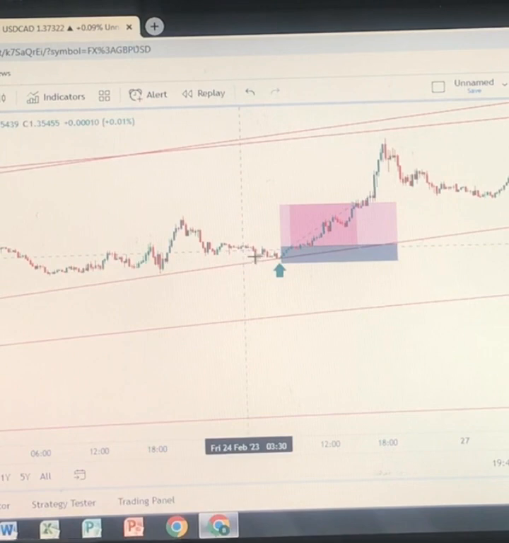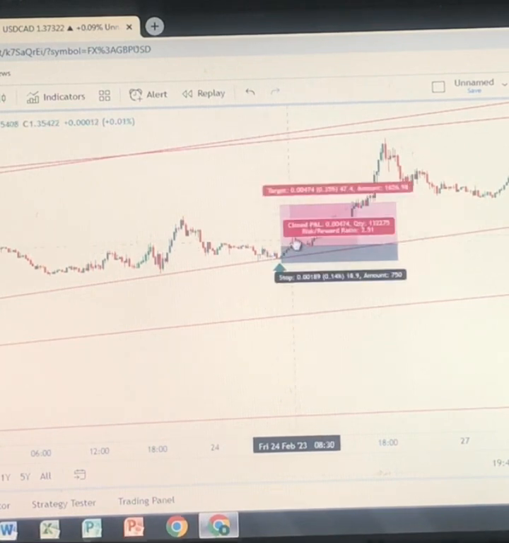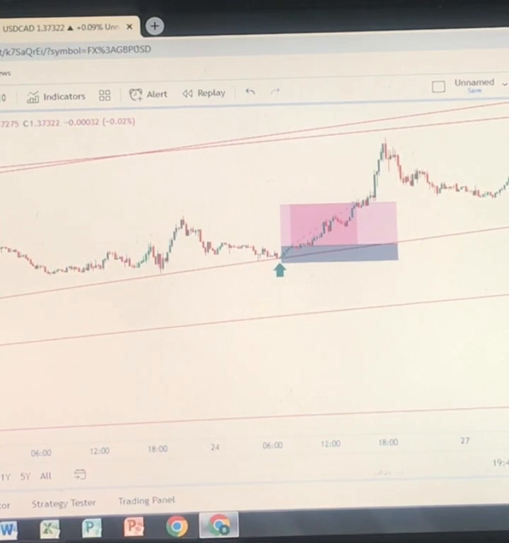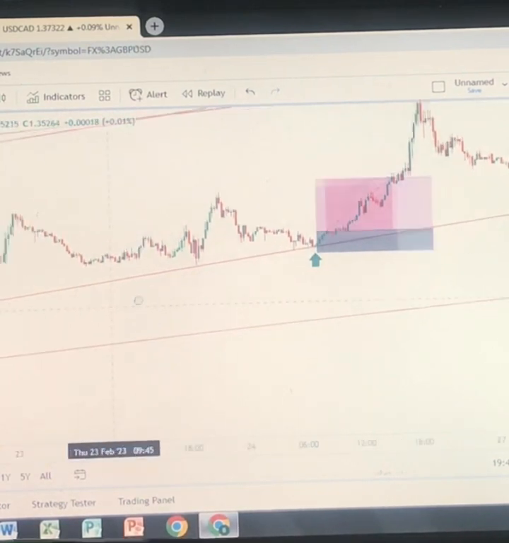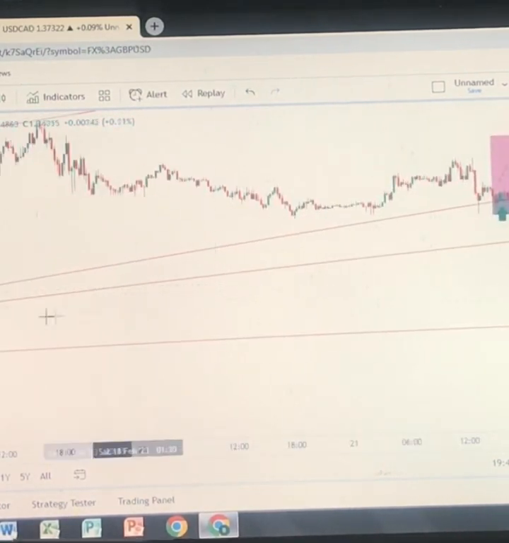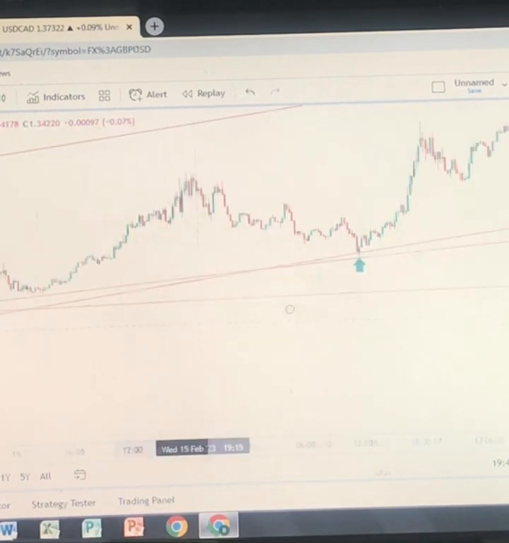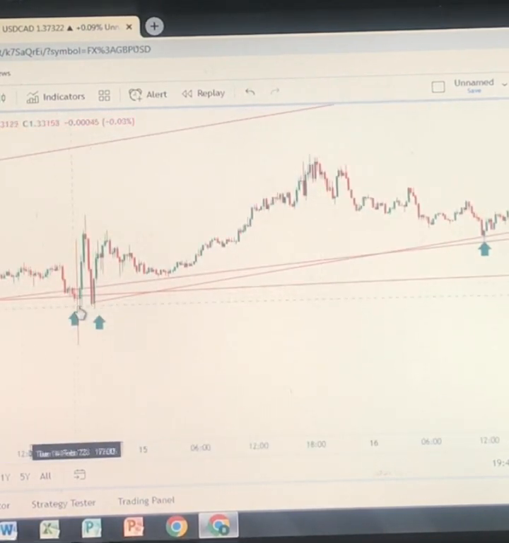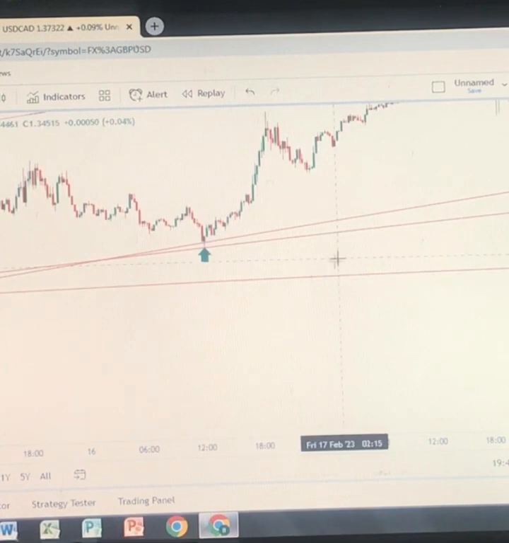As you can see, we have the fourth touch. I went to my 5 minute time frame to execute this trade as well. It went well. Risk reward ratio was 1:2.5, so it went well there. And then I also drew another trend line using the 1 hour time frame. So we have our first touch here, and then our second